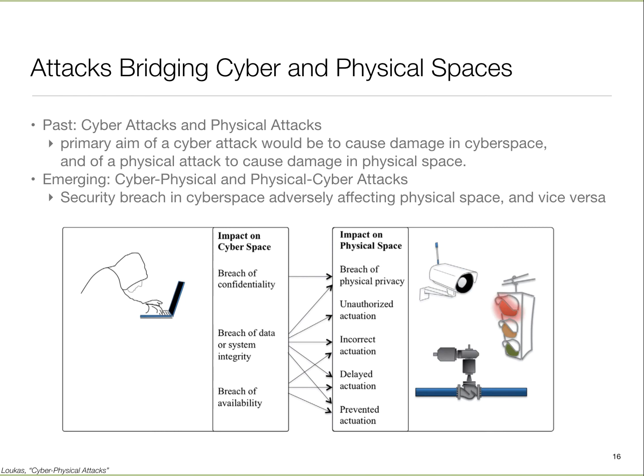These are other examples where compromising in cyberspace can lead to all sorts of issues. For example, you hear these things where a hacker gets control over a baby cam and then causes issues, or takes control over a traffic light system. These are all examples. So what we are seeing are these examples where the boundary between cyber and physical is getting blurred.